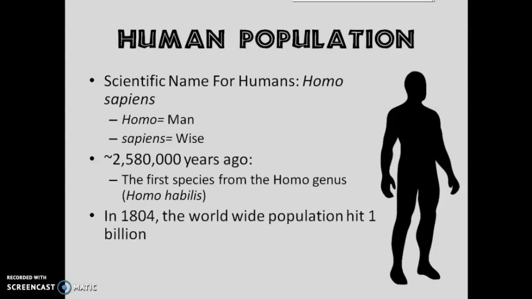Okay. Now, as time progressed, if we fast forward all the way to 1804, we notice that the human species has evolved. Okay, they've adapted to their surroundings, they're growing in population, they're thriving at this point, at least for the most part. And so in 1804, we see the worldwide population for Homo sapiens hit about 1 billion. And then just to show you a little bit of growth here, the current population in 2020 is 7.7 billion. Okay, so in the last 200 years, we've grown by more than 6 billion people.